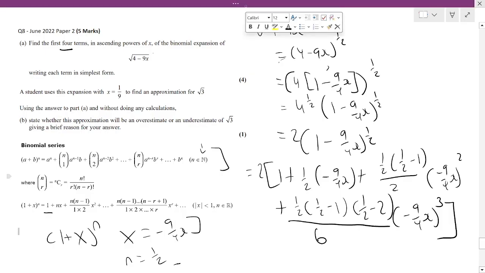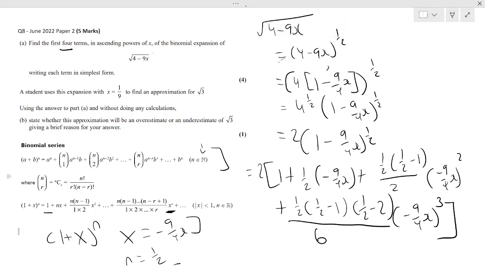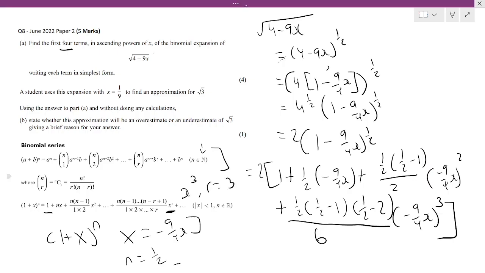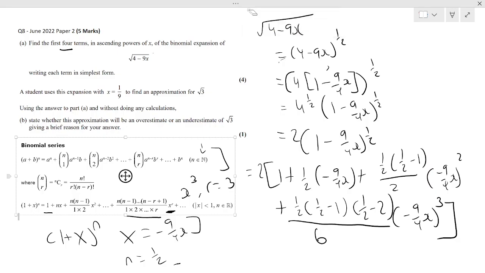If you are unsure here as well with exactly what that would go to, notice this is the generic term x to the r, but you're going to want x cubed, right? So clearly r is going to be 3. Then you basically just substitute r is 3. So that's going to be n, for example, the top bit, n minus 3 plus 1. So that's going to be n minus 2. So you times in n to n minus 2, which is what we've got here, okay? Likewise on the bottom, r would be 3. So it's going to be 1 times 2 times 3, which is what we've got there. So if you are a bit unsure, if you need to go to higher powers, you can again just use the formula to spot what you need to do. But anyway,